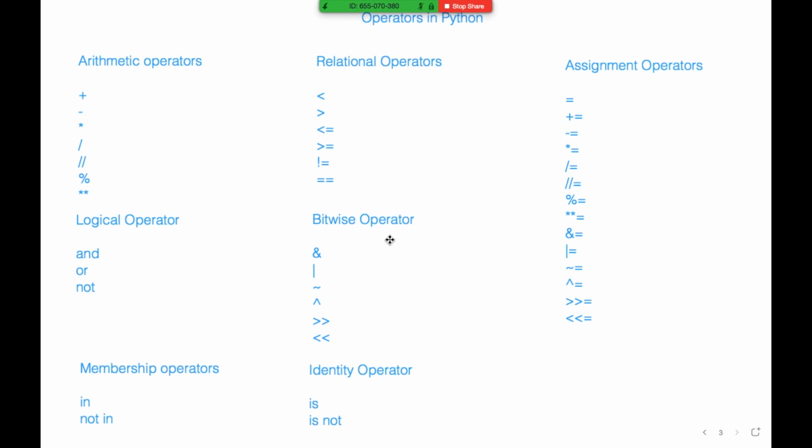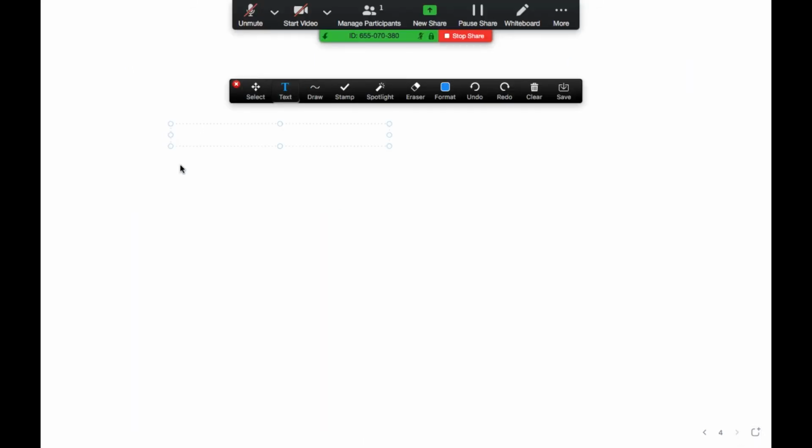Then the assignment operator. An assignment operator is for assigning a value to a variable. There is also a shorthand form of the assignment operator, like plus equal to, minus equal to. Consider that a equal to 10, and then a equal to a plus 10.